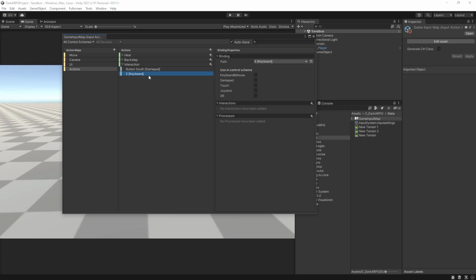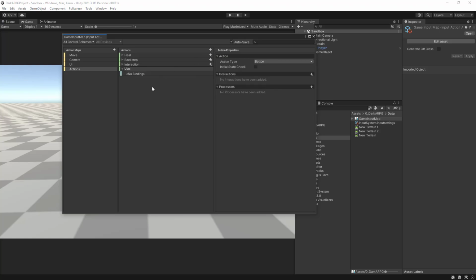So I guess that we will need to handle this in code, whether we are locked on or not, in order to use the interaction key with the keyboard, or select another set of input bindings for the keyboard lock target switch. But anyways, so we have the interaction, and we need to add another action,